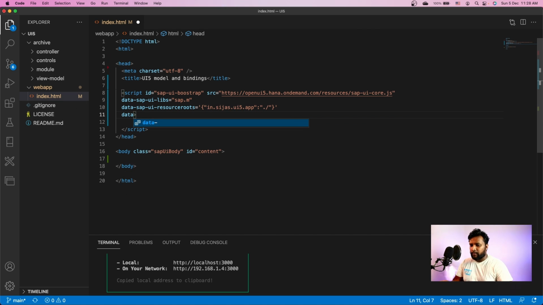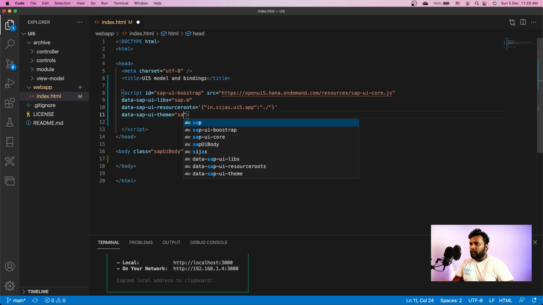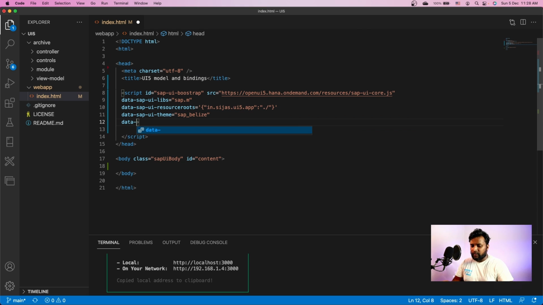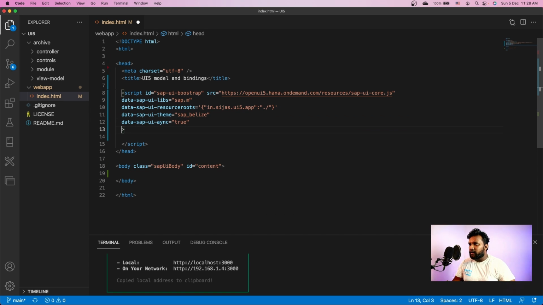So now data-sap-ui-theme, which is the default theme. sap_belize is the theme. Now I need data-sap-ui-async. How I want the modules to be loaded, I want it to be async true.